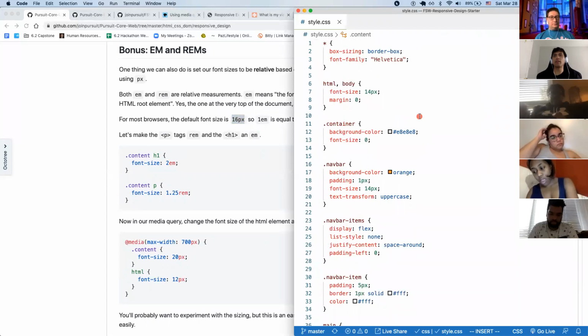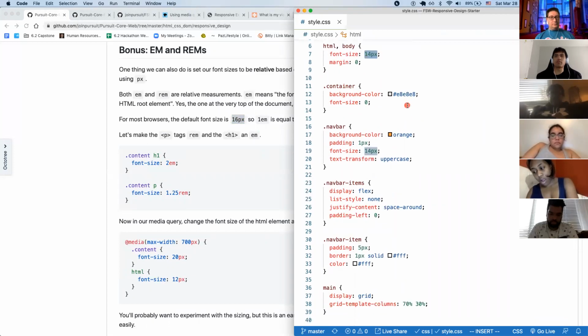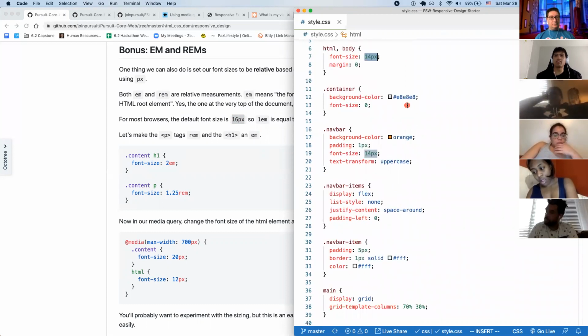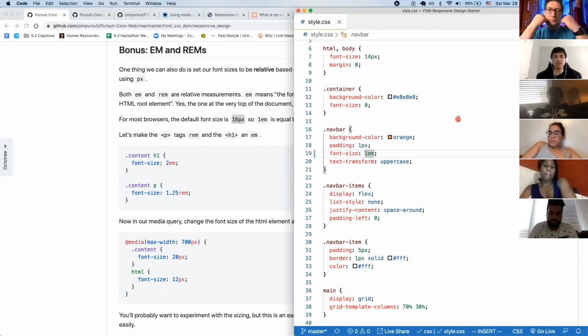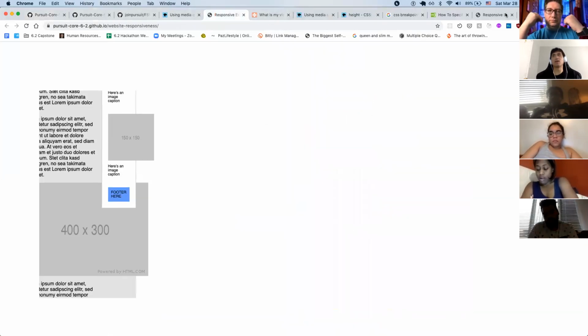So that means this one, 14 pixels. So if anywhere else I say, for instance, I could change this to say 1 EM, that means 14 pixels. That means the exact same thing. If I wanted to make it double, then instead of having to multiply 14 times 2 and do the math myself, I just do 2 EM. And if we look at our site,